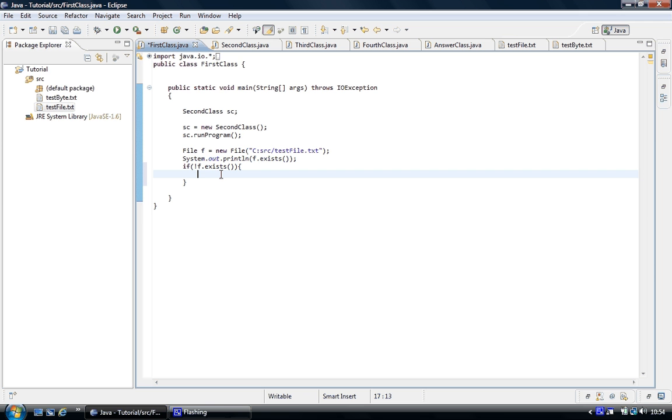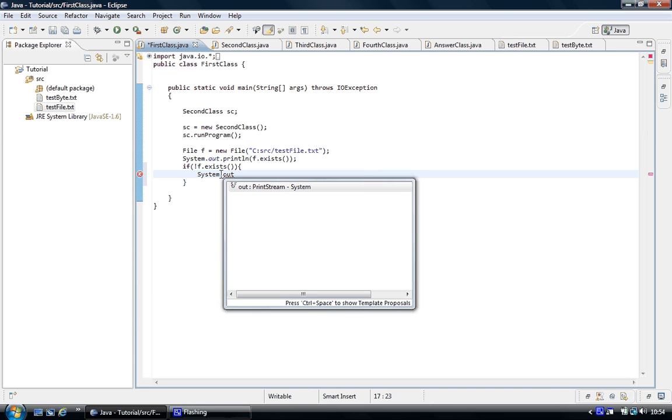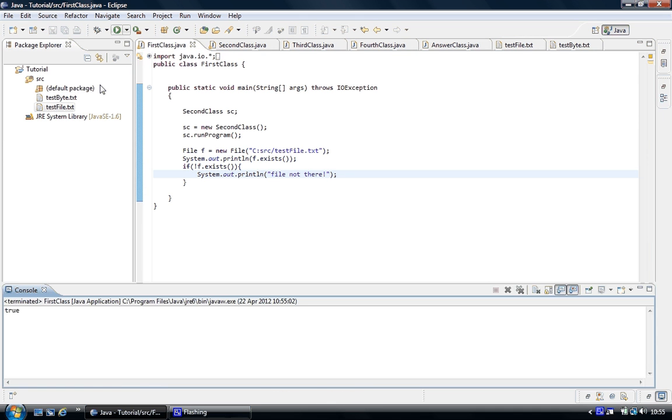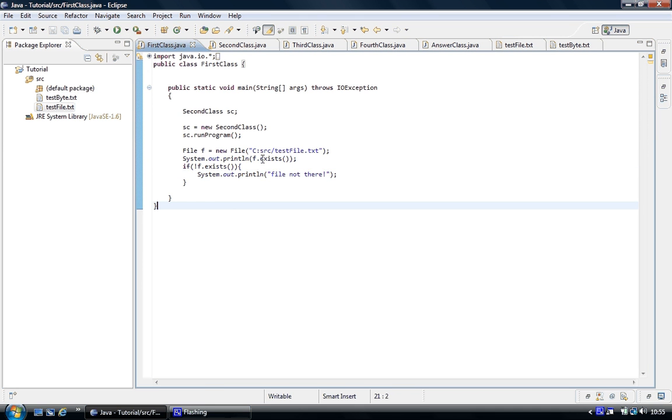And so if I just do system dot out dot print, and type anything, it's going to print file not there, but it's not going to do that because the file does exist, true. Right, but if we change the path, we mess up the path, we put some characters in it, then it doesn't exist. So if I run the program,